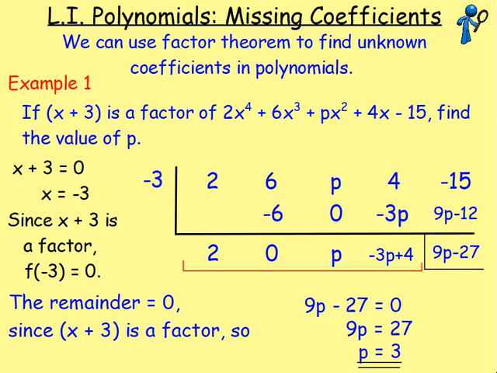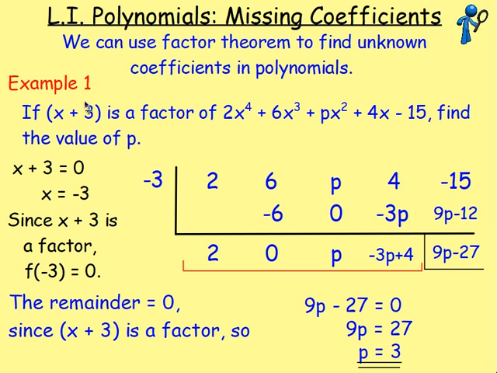After that, we were out hunting down coefficients. A lot of the time, in your polynomial, there will be numbers in front of your x to the power of 4, 3, 2, 1, 0, but sometimes you'll have a letter in their place. So this example here, we had p x squared, but we were given information that would allow us to work out this value of p. The way we did that was